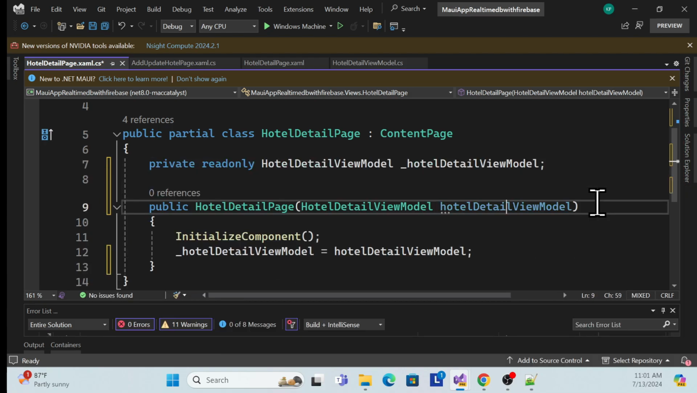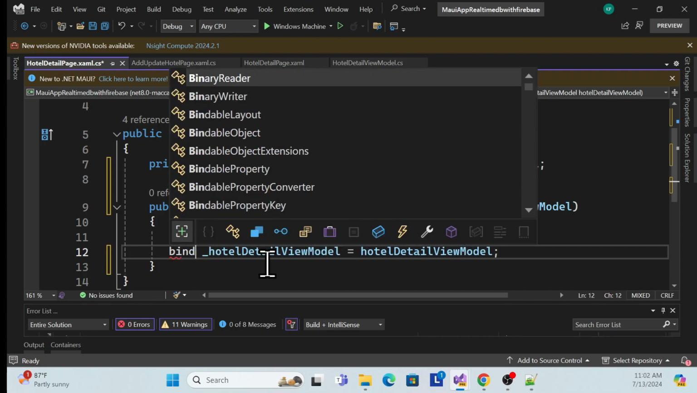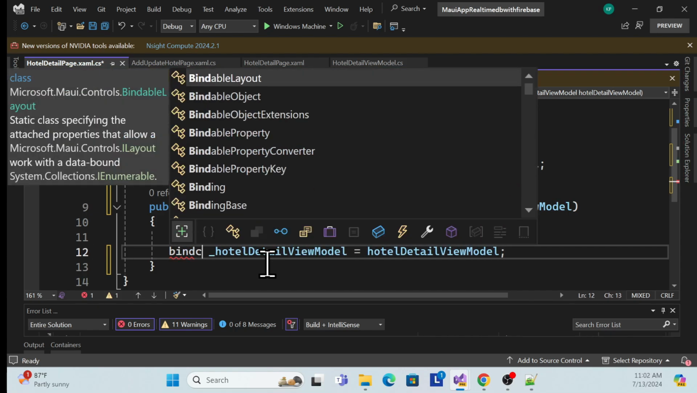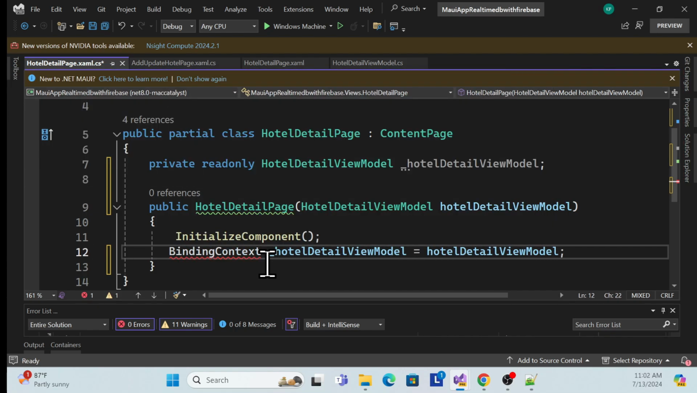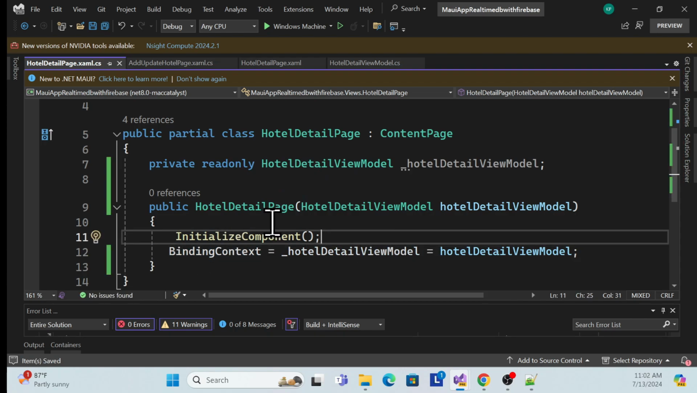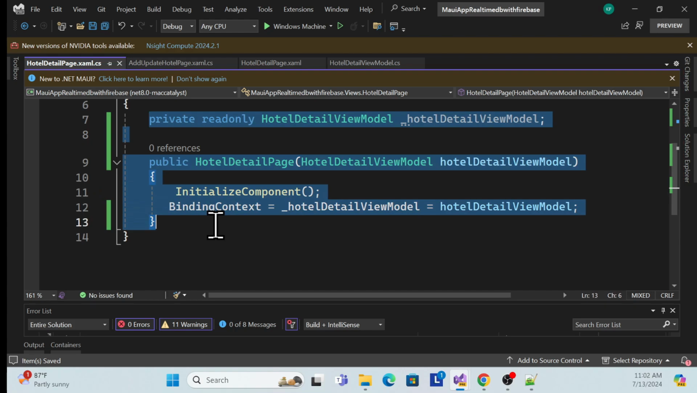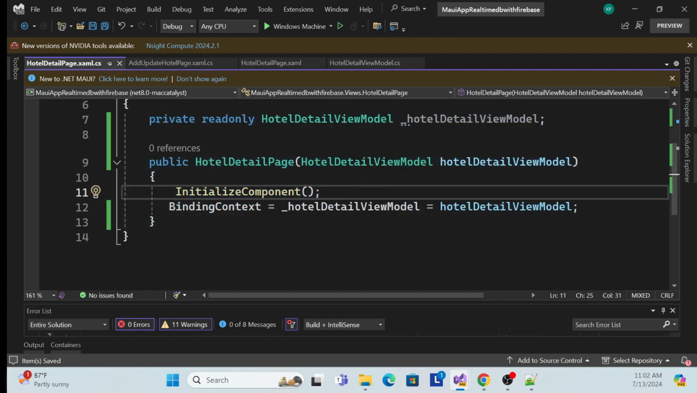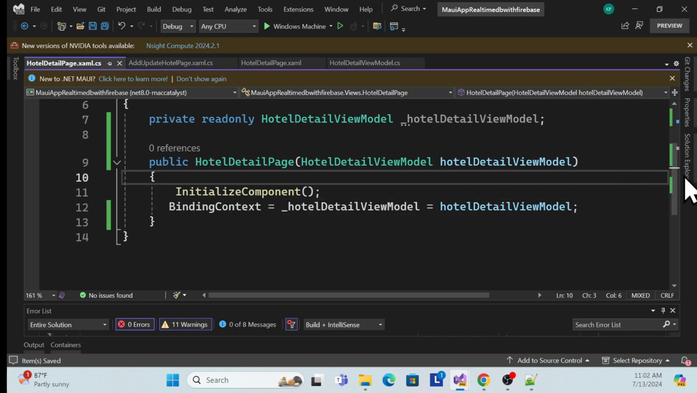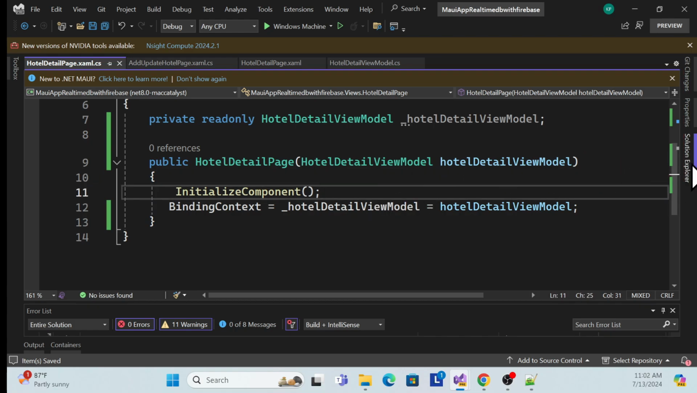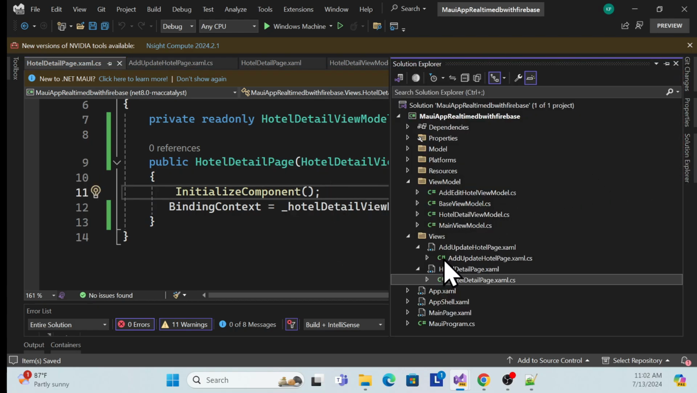So create a private variable over here, and we simply have to set the binding context, right? So this is that binding context, and you just bind that context, that's it. This is another setting you have to do, which will refer to your view model. So once this is done, now we are good to go to create that option and call the details page,